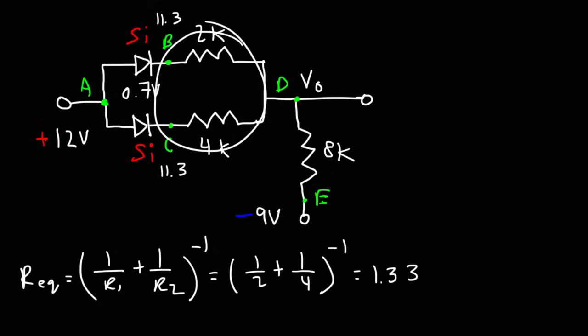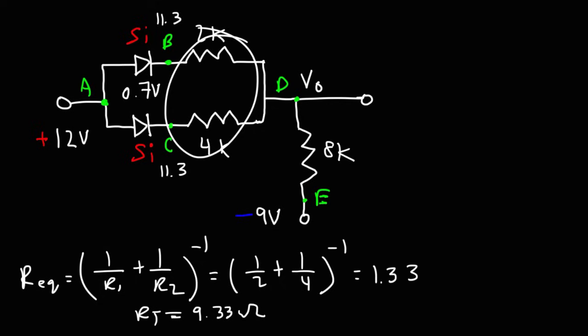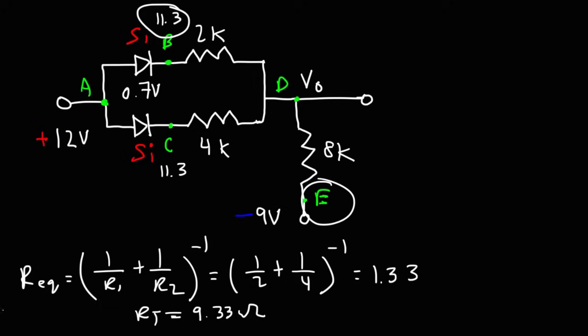So these two resistors in parallel are in series with the 8 kilo ohm resistor. So the total resistance is 8 plus 1.33, which is 9.33 kilo ohms. And we know the potential between these two resistors in parallel and that resistor in series. It's going to be the difference between point B and point E. So the total current flowing in this resistor, which is the sum of the two currents flowing in those resistors,